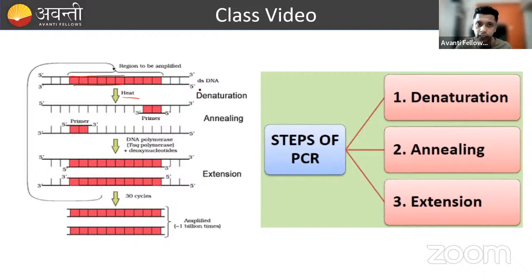Once denaturation is complete, where we have separated our double-stranded DNA into two single-stranded DNA, the immediate next step is, as the cooling is happening, we introduce small synthetic primers. We only construct these primers. What are primers? Very short complementary sequences. For example, if your gene of interest has a sequence of A, C, G, G, A,